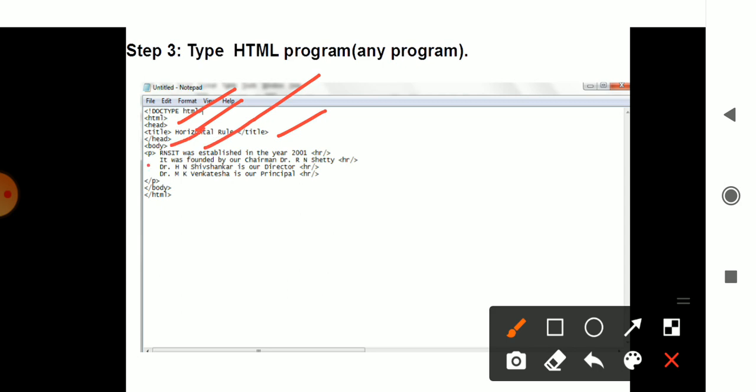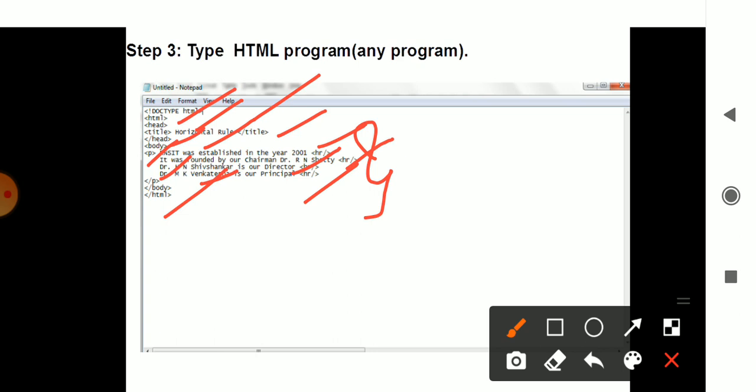Then in the body part you have the paragraph. This is your paragraph which is being written, and you have the HR tag, which means after this particular line a horizontal line will be placed. Then the next line will be printed, and once again a horizontal line, then the next line, horizontal line. Then you close the paragraph with slash p. Then slash body, you close your body which was started in the beginning. Then you have the HTML at the end; HTML is closed only after the whole document has ended, not earlier.